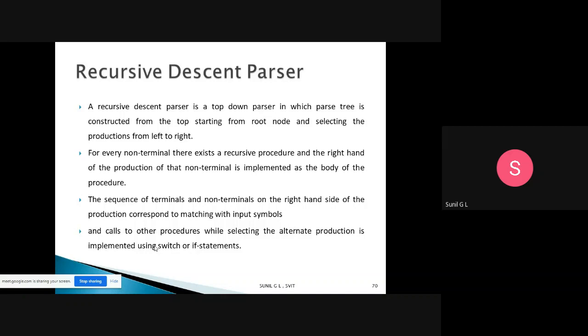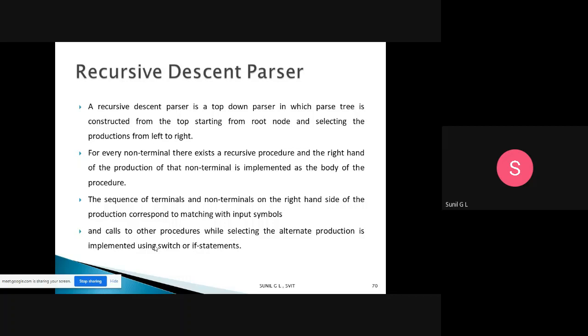So this is one type of top-down parser, in which the parse tree is constructed from the top, starting from the root node and selecting the productions from left to right.